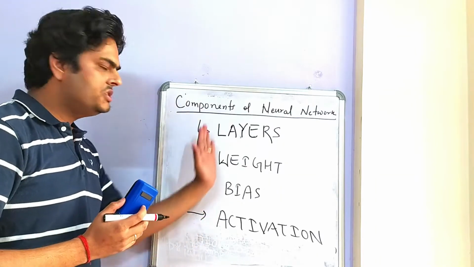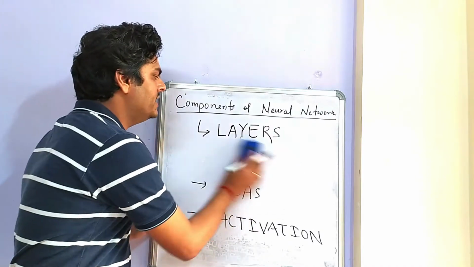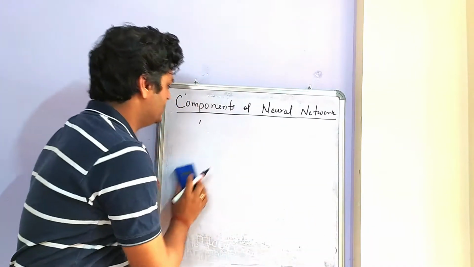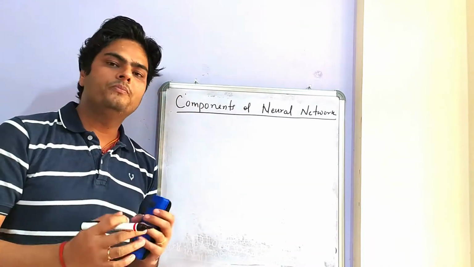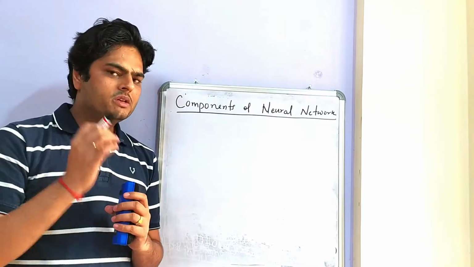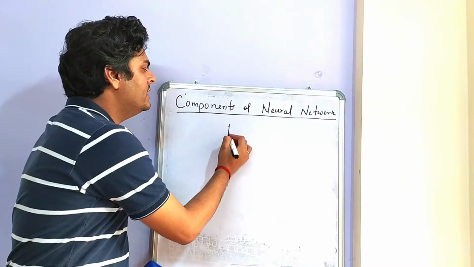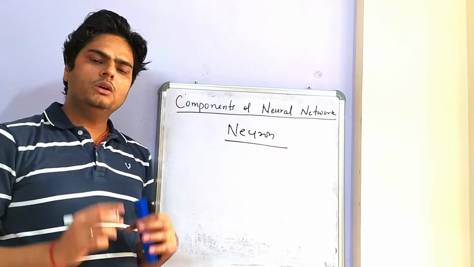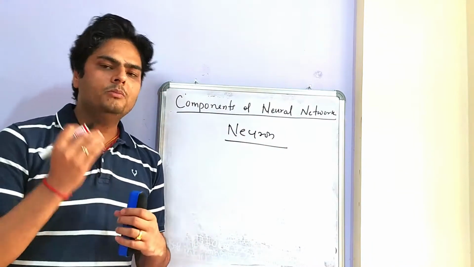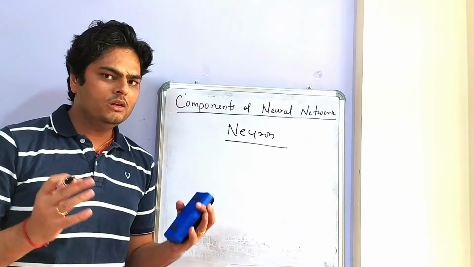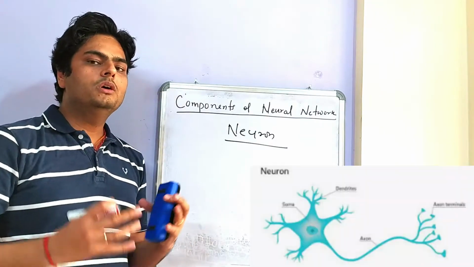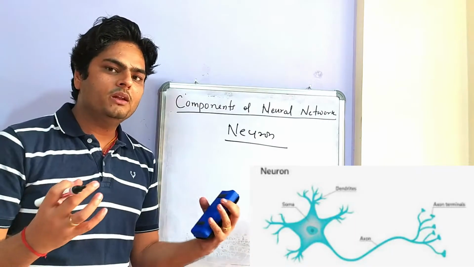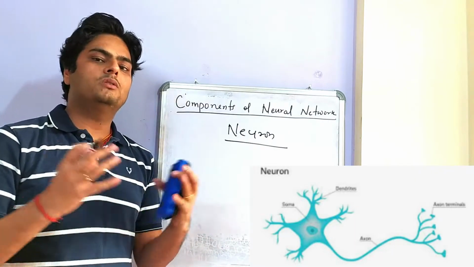Now, in all these terms, we have to understand what is their significance when we relate these with the real world. So, I was discussing in my last video, neural network has something known as neurons. So, what is a neuron? A neuron is nothing but a basic building block of a human brain, which is responsible for communicating within the brain what is happening throughout the body.